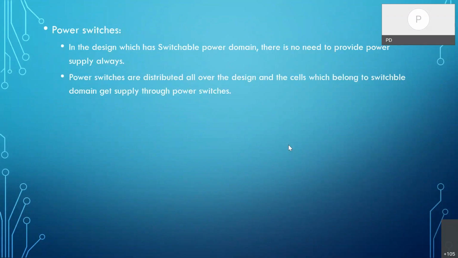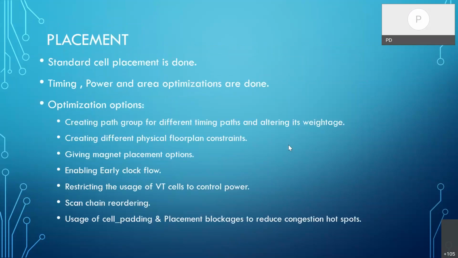Power switches also, mostly there won't be any issues related to it. But like how in the initial floor plan stage I said, if you miss any strap and the whole power connection is missed, then the output will be blocked and we'll be seeing so many voltage, sorry, opens in the circuit. So all the connections to the power switches should be proper.